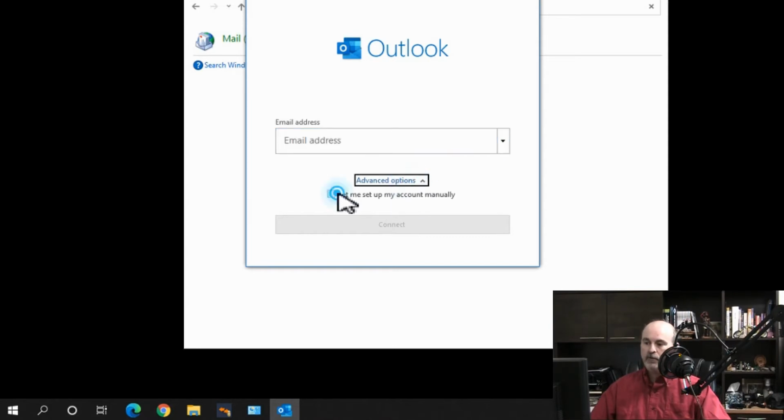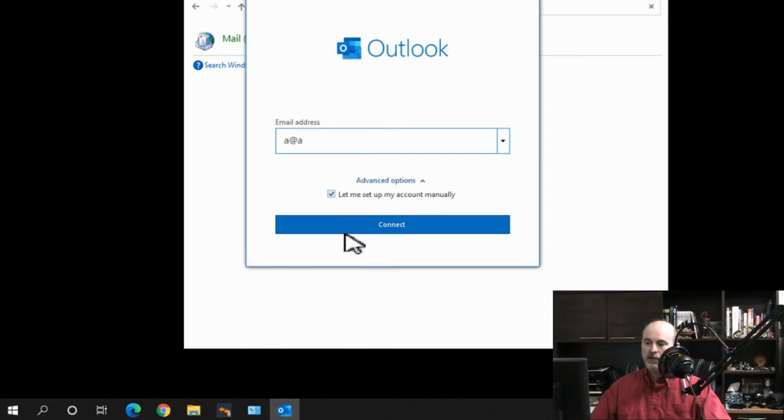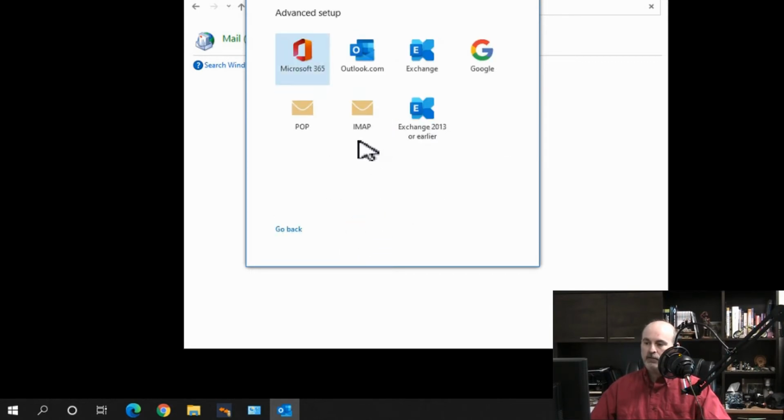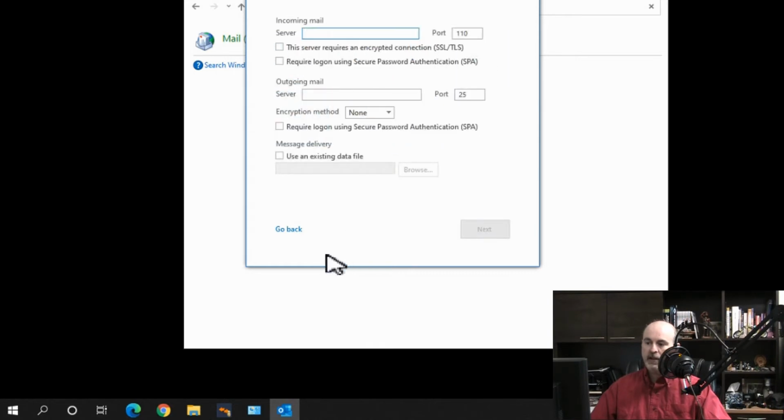So even if we try and go through this whole process of setting it up manually, we can't hit connect until we at least put something at something. Then the connect button lights up and we're forced to choose how we want to set it up, and we have to choose something. We can't just cancel out of there, but still, even if we go that far, we're stuck. So what do we do? I'm going to show you how to do that in just a sec.